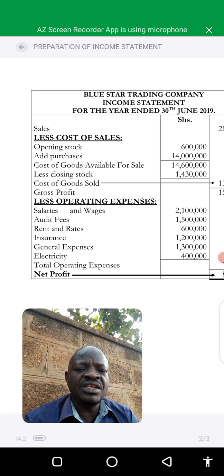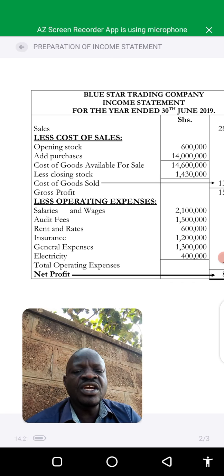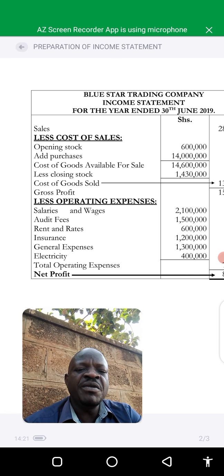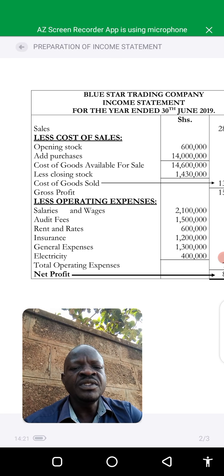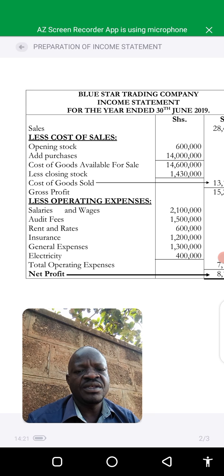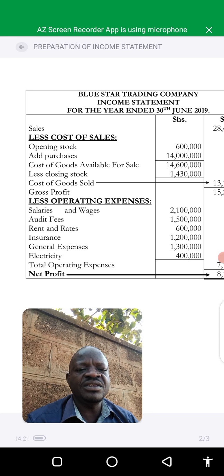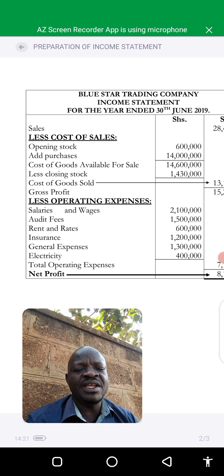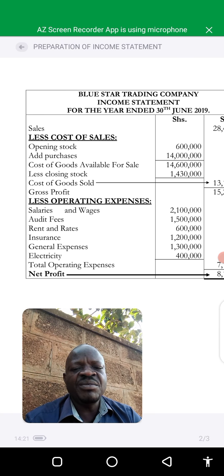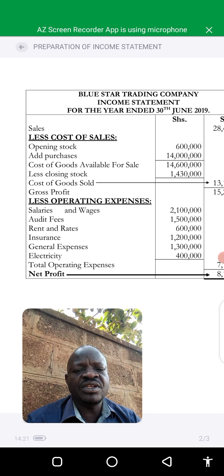And the next one is possibly you have an account in the bank and they charge you some charges for maintaining your bank account. We also have insurance. It's an expense because you are insuring your business or some of the items which relate to the business. Then we have general expenses, 1,300,000. Electricity,